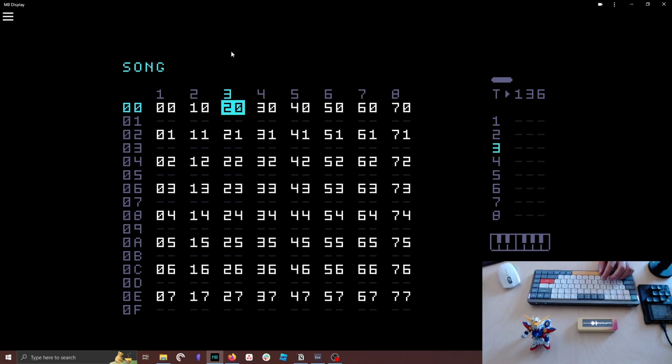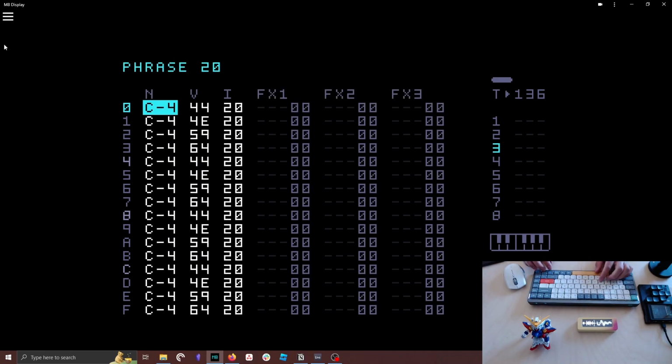Moving on to the next track, the third track. This track is usually what I would call a rolling percussion pattern. If we go into the phrase itself, it's just filled up in a 16th note pattern with usually a really low and kind of thumpy percussion sample, or a kick drum that's been filtered and modified in a way to make it sound less like a kick drum and a little bit more like a tom, or essentially a different bass drum. So if I play this out,